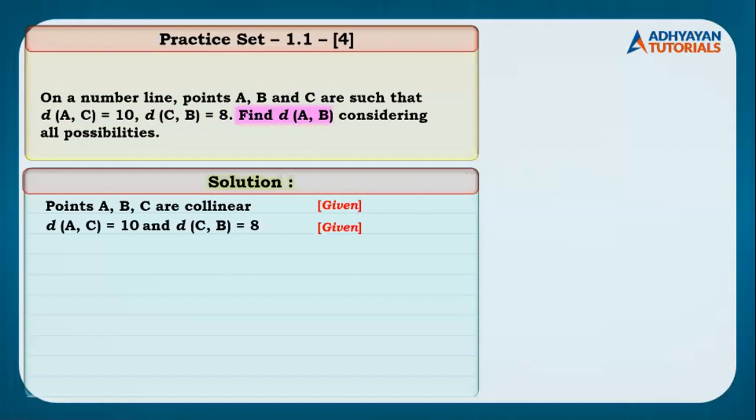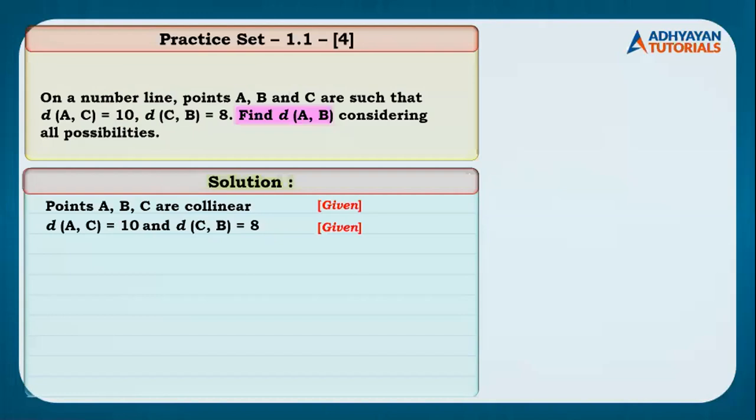Let us discuss how many possibilities do we have here. It is very simple, I'll tell you. Here, as we discussed that the points are collinear, ABC, number line पे lie करते हैं. But tell me, is this information given that which point lies between the other two? Is it specified somewhere in the question? The answer is no. It is not specified. Basically, betweenness का property नहीं दिया है, मतलब कौन सा point किसके बीच में है. So there are 3 possibilities.